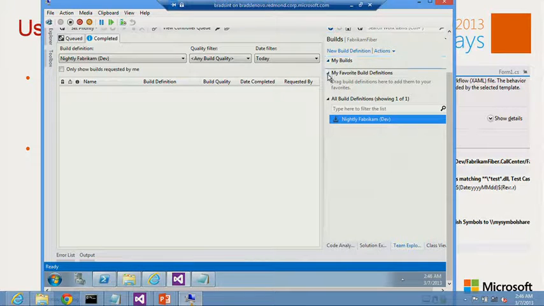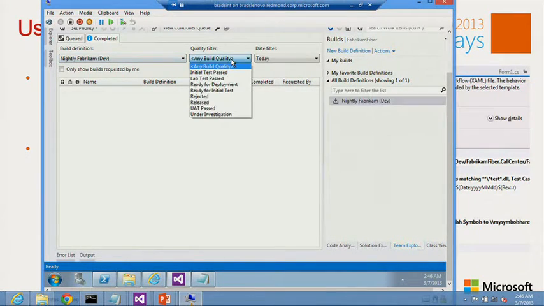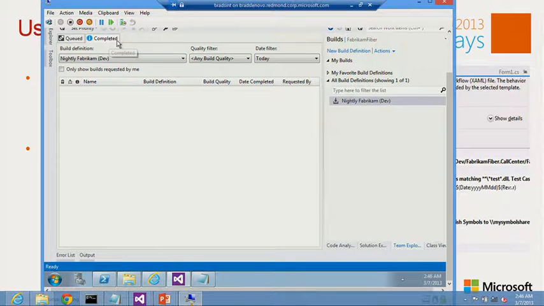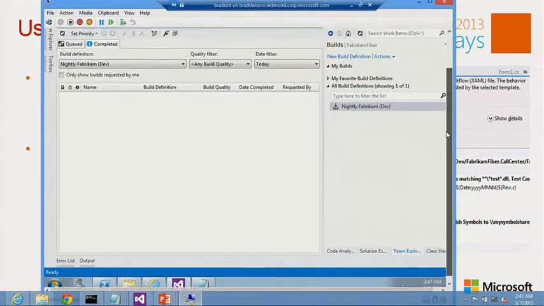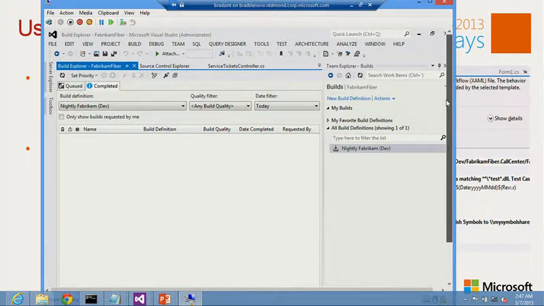Oops. Don't tell me I lost it. Well, I might have accidentally deleted the build definition here, but